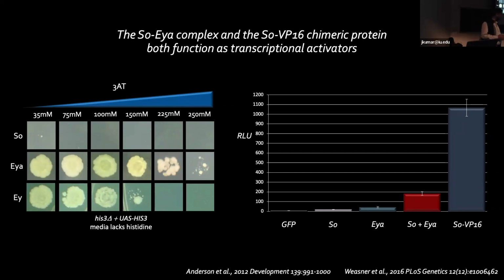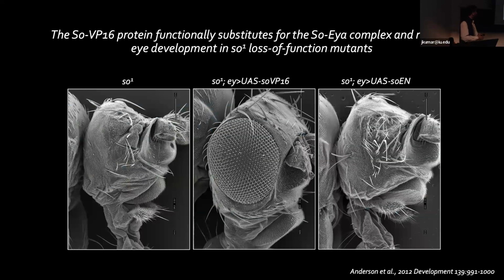Now the question is, is this going to be toxic, or will it be biologically relevant? In the paper in which we generated this reagent, we had actually done rescue assays. So we took a Sine oculis mutant and we drove expression of this strong activator and could achieve full rescue, not only in quality, but in the number of ommatidia. All of the photoreceptors were in the right place. Nothing was awry. If we fuse Sine oculis to the Engrailed repressor domain, we fail to rescue. So this molecule is biologically relevant, and it's due to the VP16 activation domain itself.